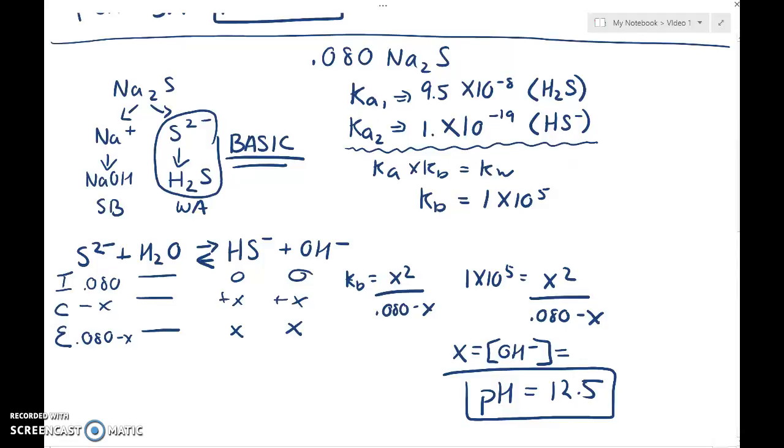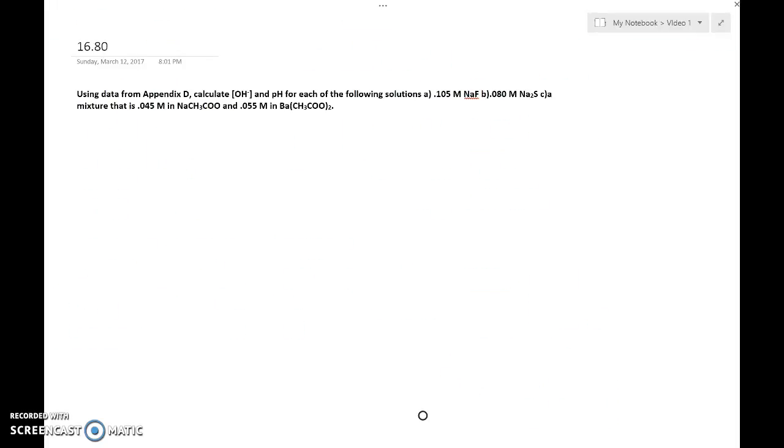Okay, so hopefully this all worked out. Remember, what made part B different was this idea that it was a polyprotic acid that we were working with, and we had to end up using Ka2, which I actually found quite difficult. Now we're going to see that C is also something different because we end up having a mixture. So I'm going to pause this video and get a clean slate here and then come right back. So we are taking a look at the last problem, which is C, which says 0.045 molar